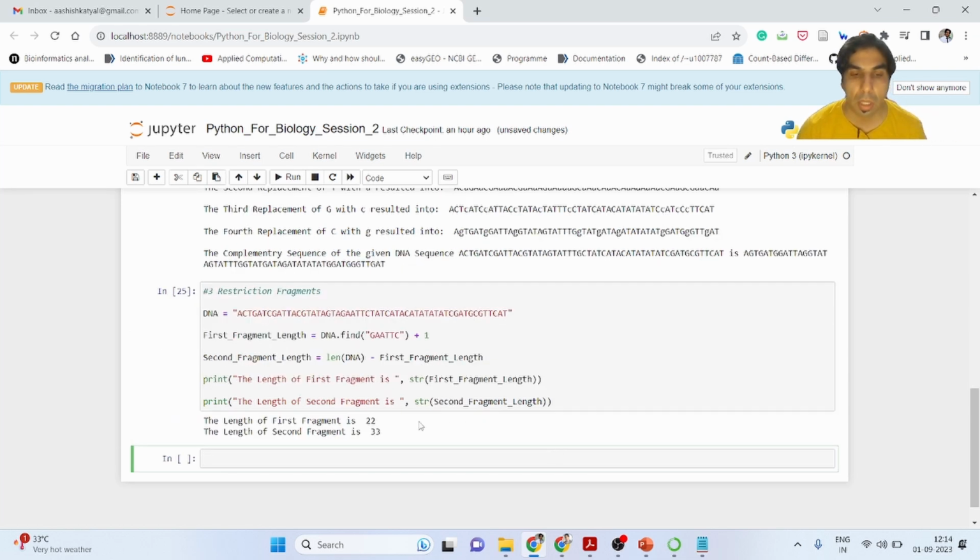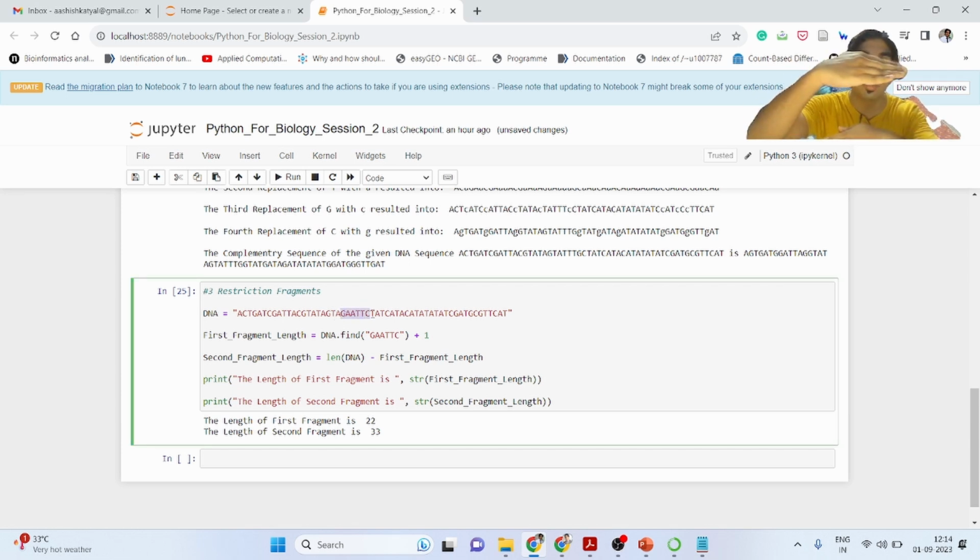So first it is available at position 22, GAATTC. When you do the reverse complement, the same site is available on the second fragment. We can do this with a simple formula: subtracting from the main length of the DNA sequence the first fragment length, which consists of that restriction site.